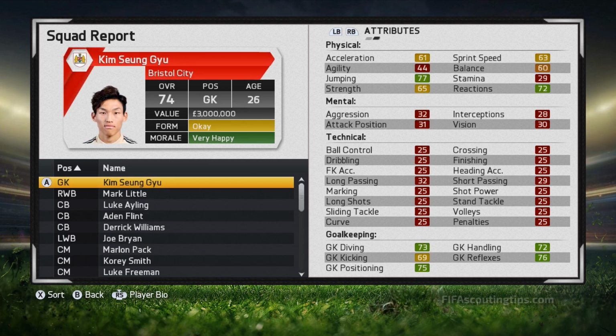Okay, and finally we have Kim Sung-gyu. After 3 years of growth, unfortunately he didn't grow a huge amount, but the main thing to remember with this guy is that he is both super cheap and he's also got plenty of years left to grow as well. He's only 26, which isn't hugely old for a goalkeeper, so he can keep on growing, and for the amount you pay for him, he can make such a huge impact, especially for lower league teams, as I've illustrated here